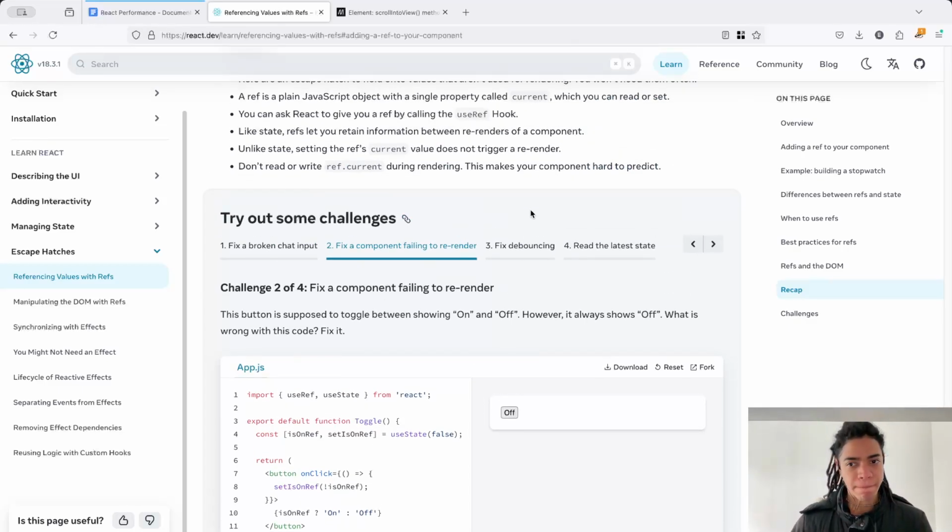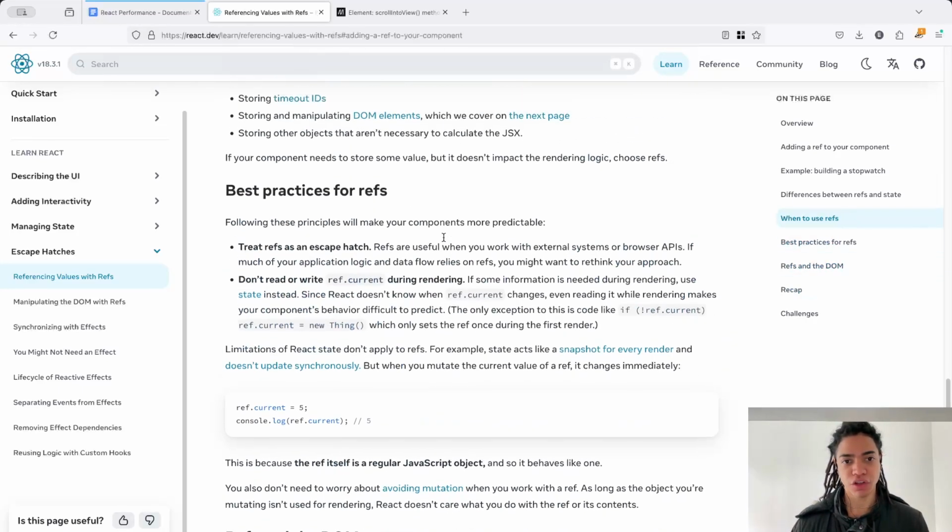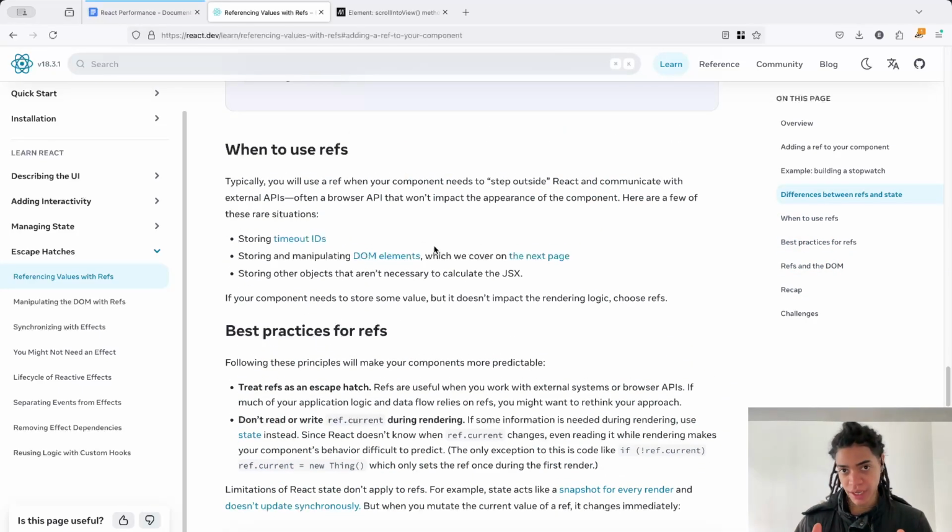And again, when to use ref, most likely is for DOM elements, storing IDs, but it's very specific here. So storing timeout IDs, storing a manipulated DOM element,